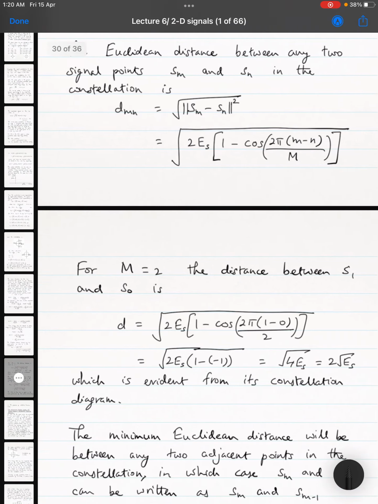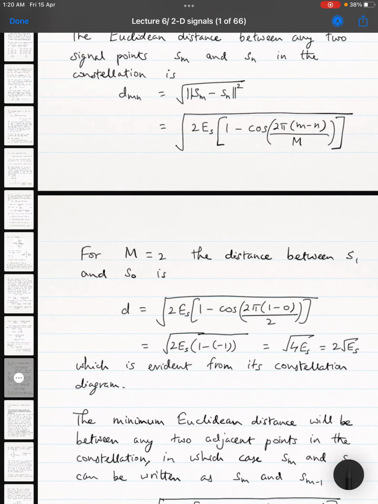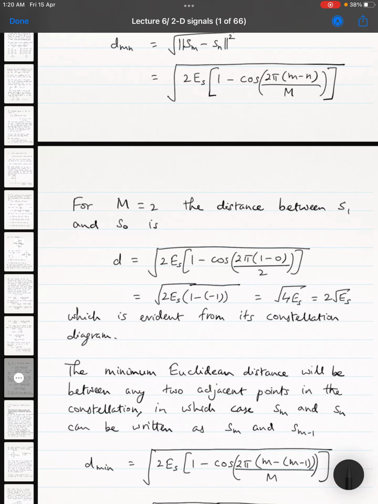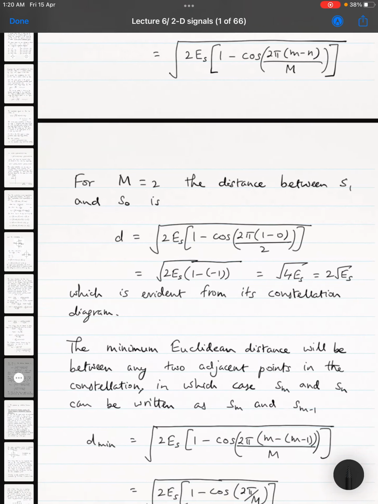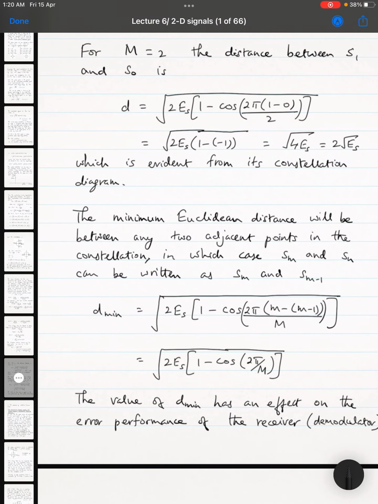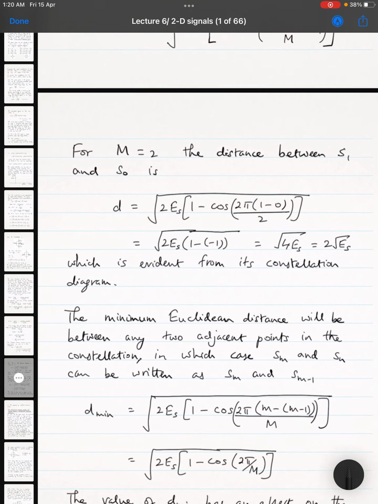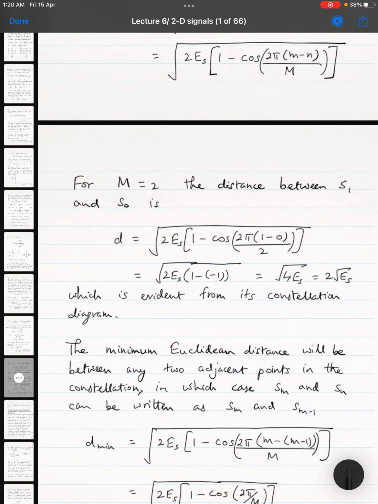Okay, the smallest distance between signal points has an effect on the error probability of the communication. When signals are transmitted over a communication channel, the noise will shift the points to a different place. So if 2 points are very close to each other,